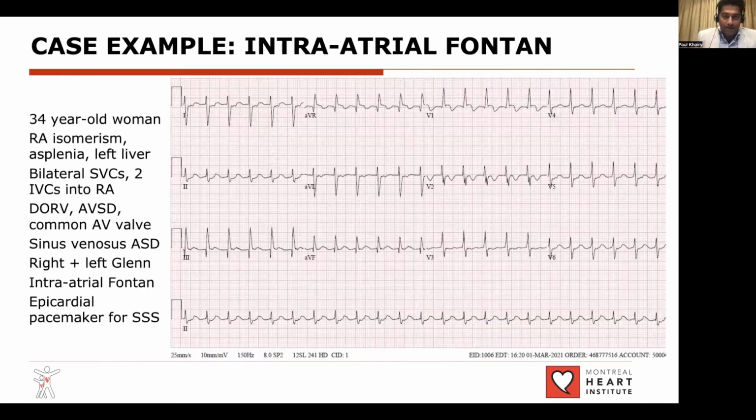And so this is our case, a 34-year-old woman with heterotaxy syndrome of the right atrial isomerism type, with asplenia, a left-sided liver. She had bilateral SVCs as well as 2 inferior vena cavas that drained into the right atrium, a double outlet right ventricle, atrioventricular septal defect, a common AV valve, sinus venosus ASD, and her surgically corrected anatomy consists of right